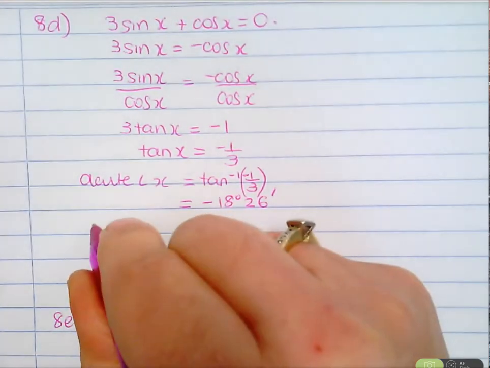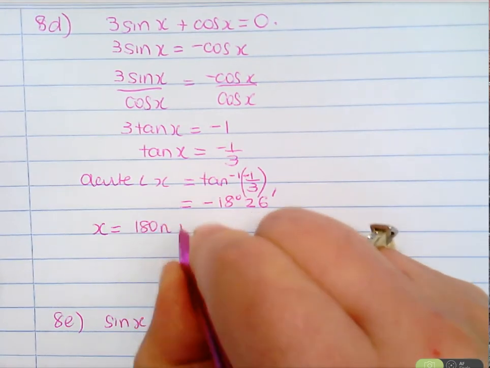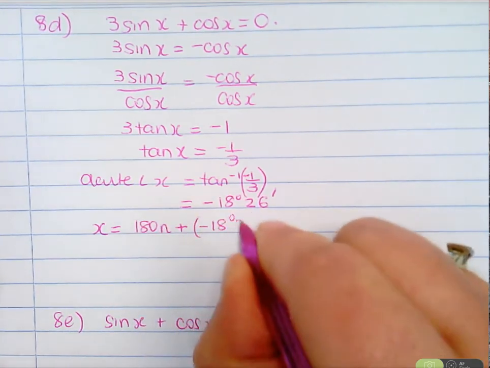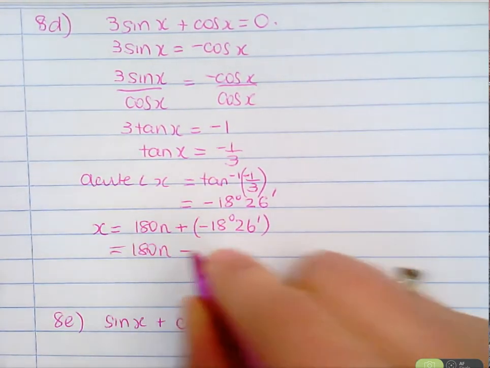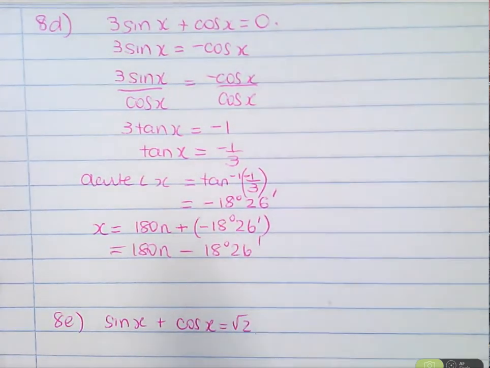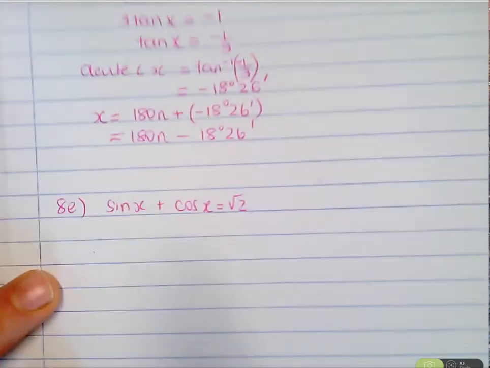Okay, so then, therefore, the general solution x is, for tan, 180n plus your angle, negative 18 degrees 26 minutes, which is just 180n minus 18 degrees 26 minutes. All right, that's the general solution of that one. This one,